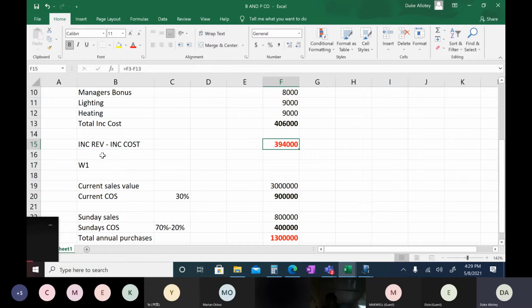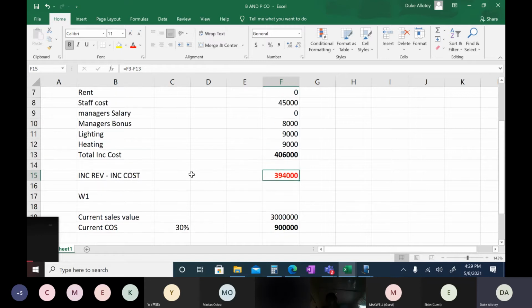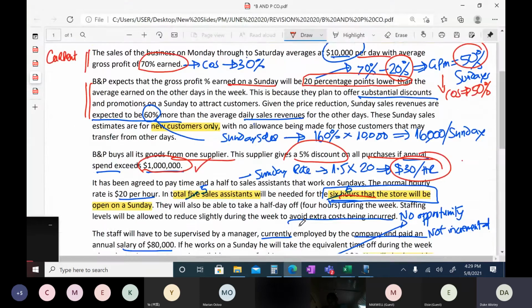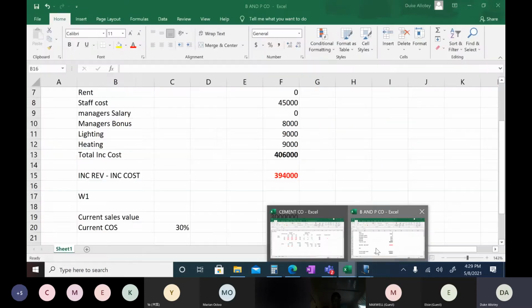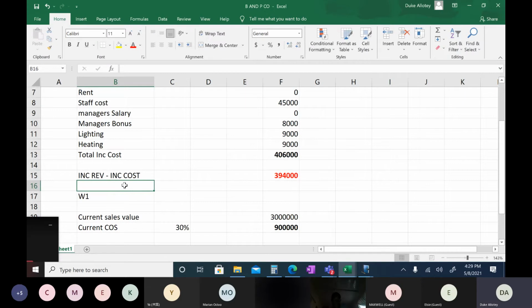Incremental revenue has exceeded incremental cost by 394,000. And therefore, according to the question, it says, and reach a conclusion as to whether Sunday opening is financially justifiable. So then here, I will need to write,